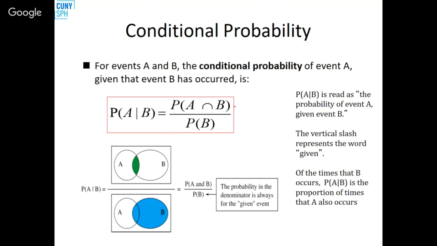So A intersection with B, but we have to divide by this probability that B has occurred,